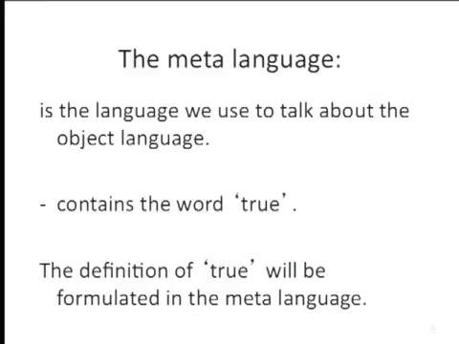So suppose we're studying some particular language, as it might be English or French. So we get English here. Then we need a language in which to talk about the language we're studying. If this is Chinese or Korean or something, then over here we might be using, just for the sake of example, English as our language in which to talk about it. Or if we've got English as our target language, we might still want to use English as a language in which we talk about English. You see what I mean? Okay. So the meta-language is the language we use to talk about the language we're studying, the object language. Meta comes from the Greek word